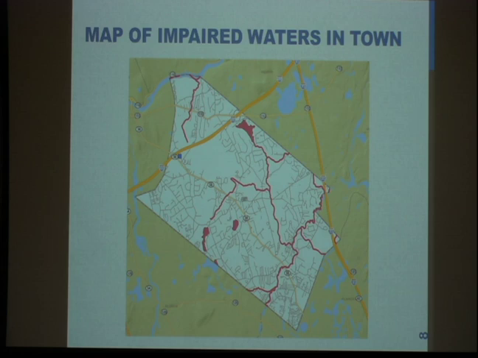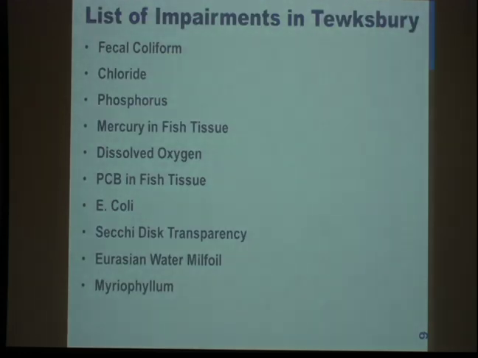So we do have a list of the impairments. These are different things that they find in waterways around town. Fecal coliform is probably from sewer. Chloride is from salt, from our salting. Phosphorus, again, probably from sewer. Mercury in fish, some chemical,